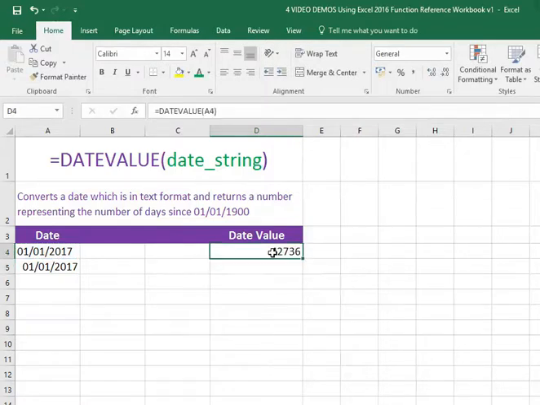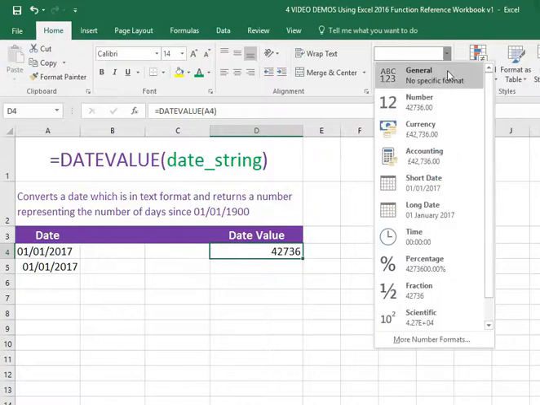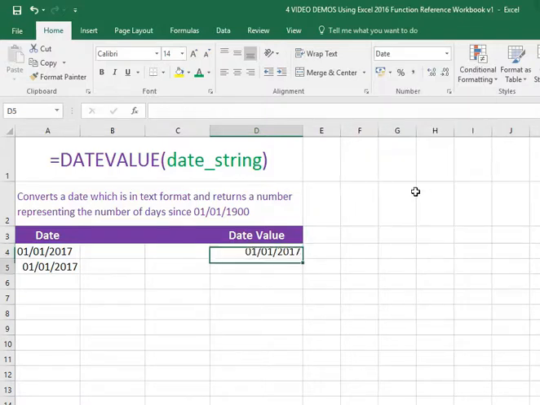We've got the number that represents a specific date, 42,736. I will now go and change that format from general through to date, and there we go, 1st of January 2017. As I say, it's not widely used, but it does get you out of a bit of a